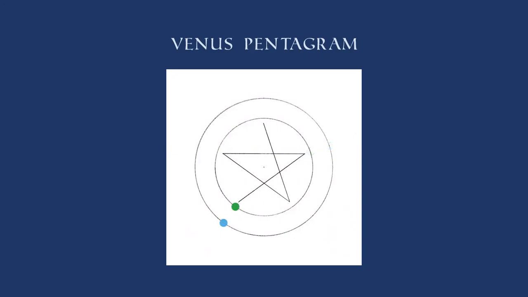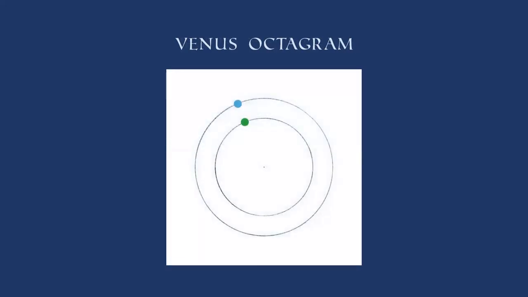Actually, the conjunctions happen in the order of the generation of the pentagram star as well. Now, at the same time as that's going on, there's also an octagram developing as well. Now, I've got them slightly to the side here, just for the sake of the orientation of the star that's going to be generated. If we look at the position of Venus on the same day every year, that's how we get these 8 points of the octagram star.